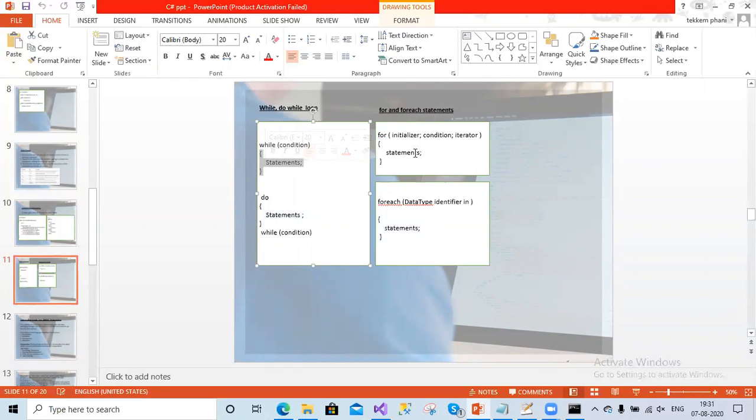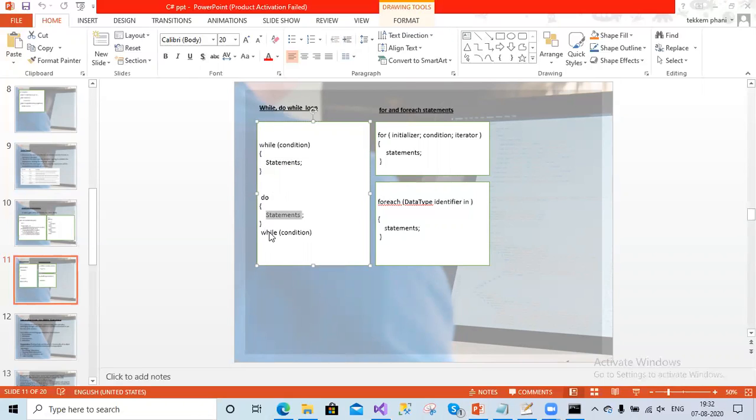So there is a difference between while and for loop, right? In the while statement, we have to increment the variable within the while loop. But in the for loop, the syntax itself asks us to provide whether to increase or decrease the value. In the while, we have to increment or decrement the value inside the statements itself, inside the flower brackets. Similarly, do while also. The do while syntax is like this. It will start with the do and then the flower brackets. And then the statements will be executed for the first time. The do while will be executing the statements.